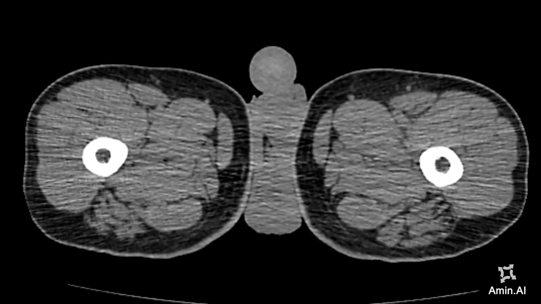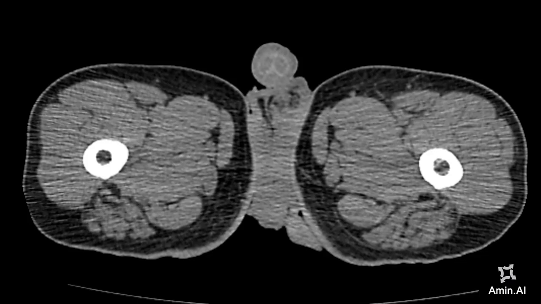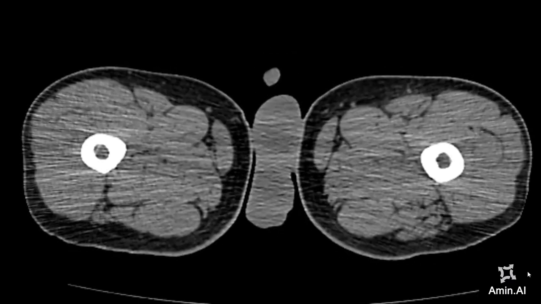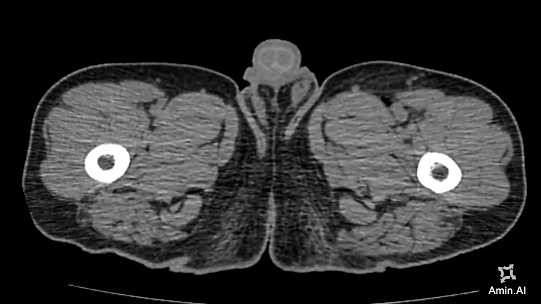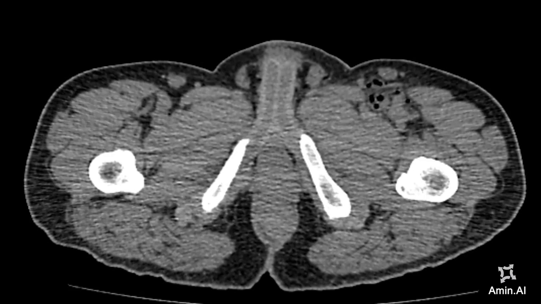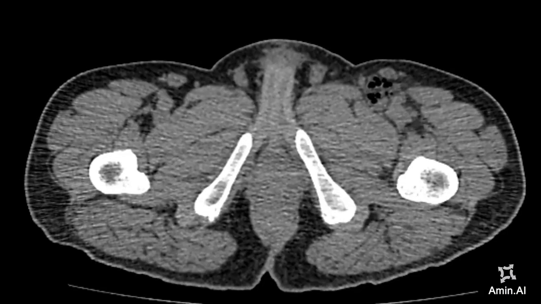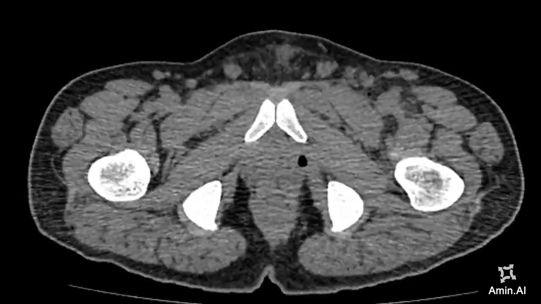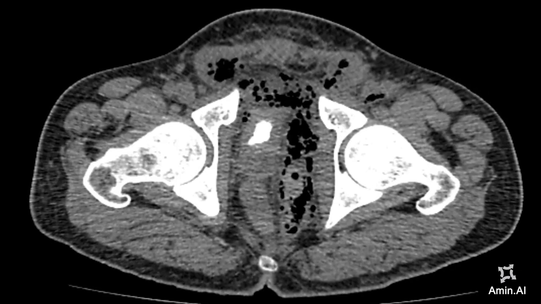If there would have been some air in the perineal region, especially the scrotal wall, then we would have rather labeled it as Fournier's gangrene, which is necrotizing fasciitis of the perineum. But as the perineum is relatively spared and the air is more centered in the pelvic cavity and along the pelvic side wall,